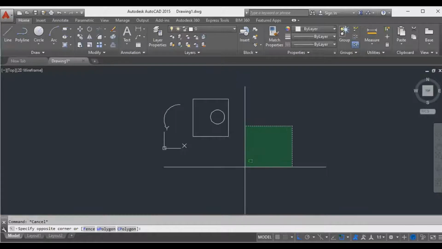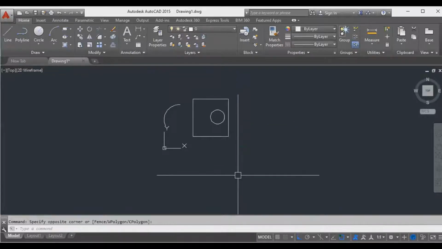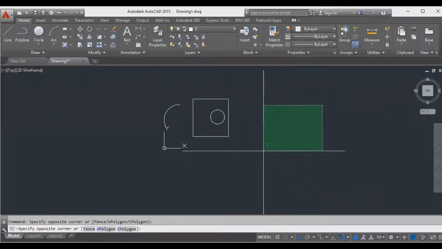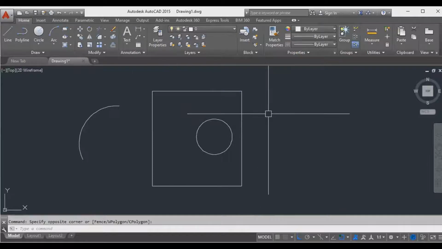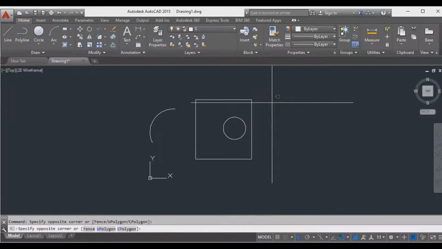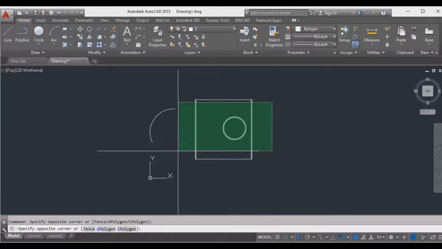Okay, so now you see cross window. I choose the opposite direction and click here. The box is closed. Now I'm going to do the same cross window here. See now, I'm going to choose the same box with the same size, but this is the cross window. If you count the objects inside the box, there is only one circle, right?